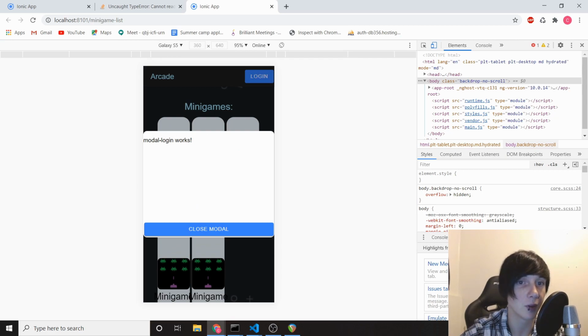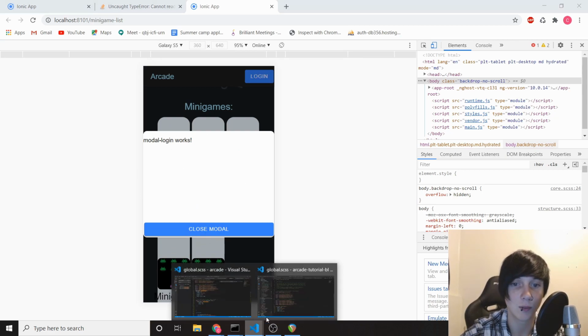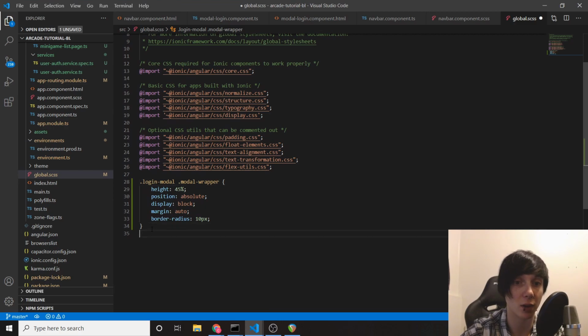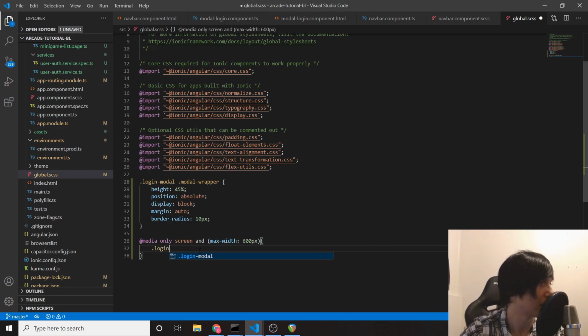You'll notice if we go on mobile devices though, it does not look so good. So we're going to create another style specifically for mobile. Media only screen and max-width 600 pixels. Okay, so any styles that we add into here will only be applied if the width of the screen is less than or equal to 600 pixels. So basically cell phones. So then we'll type in login-modal and then